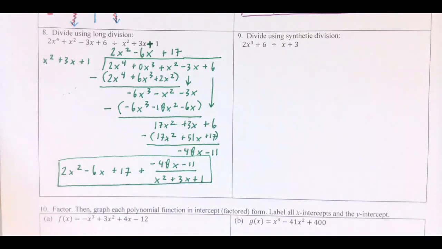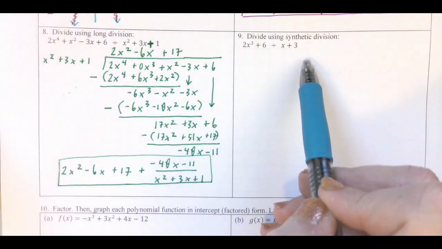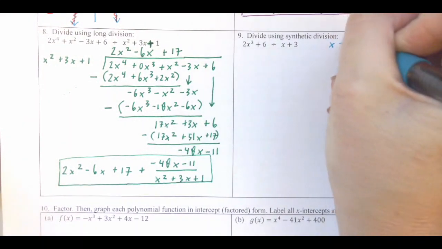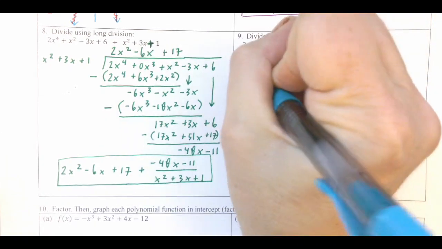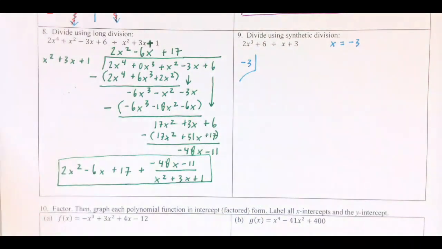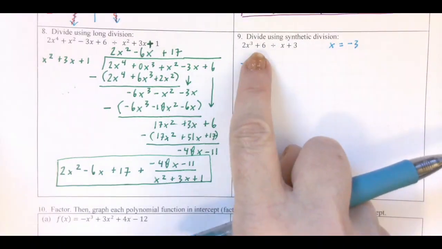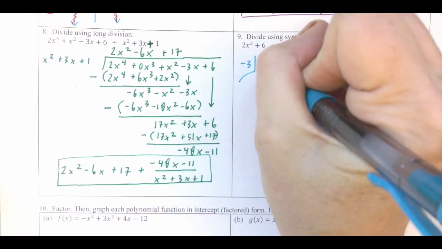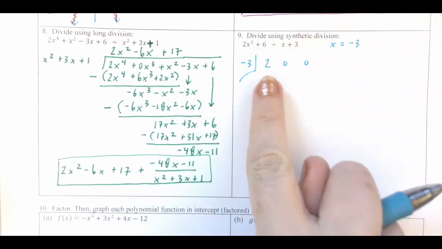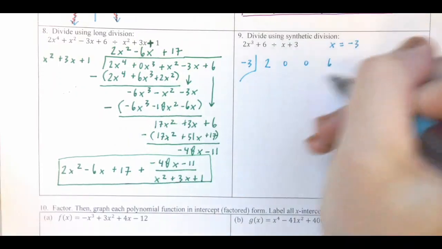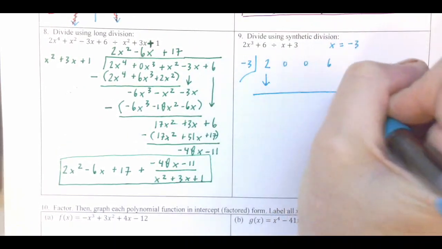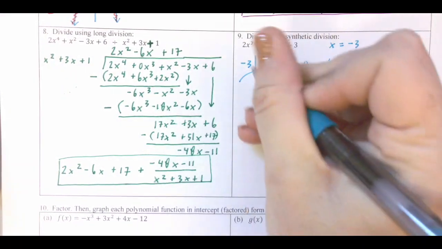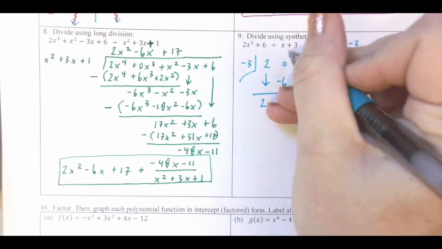All right, one more. Okay, synthetic division. So here's synthetic. If this is a factor, then I'm dividing out x equals negative 3. Now again, I have to have a little placeholder for my quadratic and my linear terms. So 2, 0, 0, and then 6. Make sure I transferred everything right. It looks good. So now I start by bringing down a 2, multiplying, adding down,